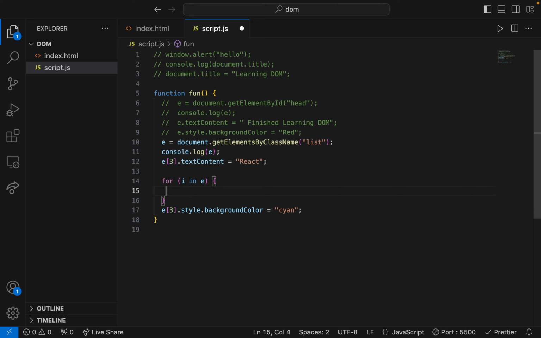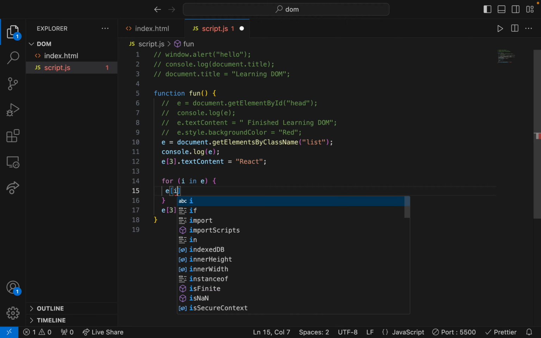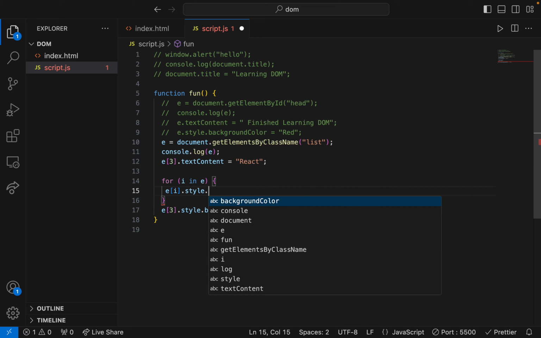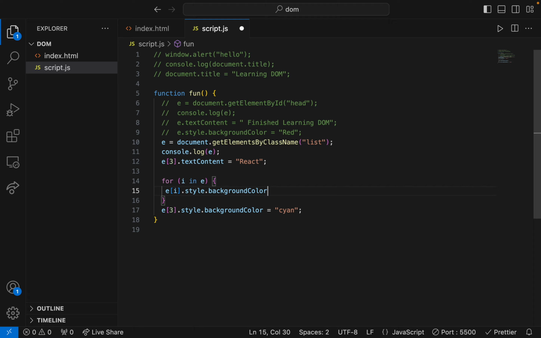कैसे करूंगा मैं, क्योंकि इंडेक्स मेरे पास है। e of i कहूँगा ना मैं, क्योंकि इंडेक्स आ रहा है ना वहाँ से। e of i dot style dot background color। और क्या करोगे, बैकग्राउंड कलर कैसे बनाओगे आप? ग्रे, GREY।